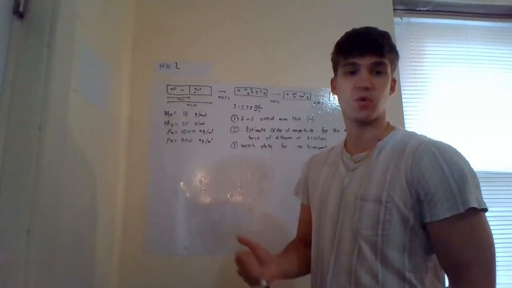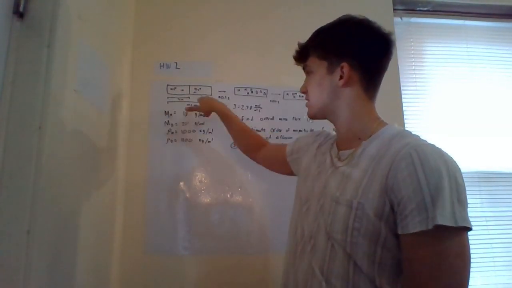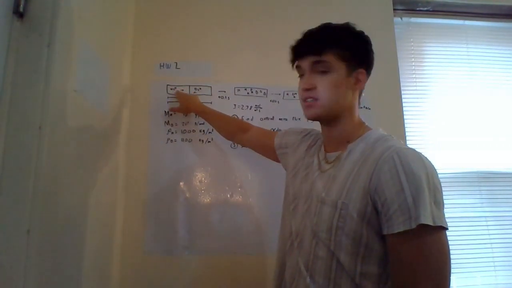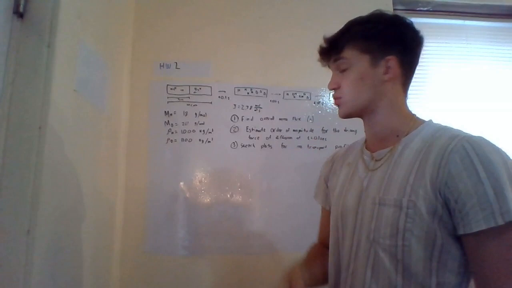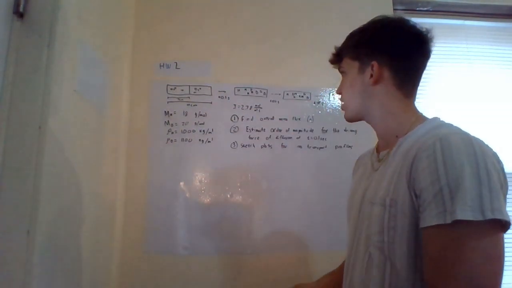Today we have transport 2, homework number 2. In this problem today, we have a 10 centimeter long container split up 50-50, with one side containing pure water, H2O, and the other side containing heavy water, D2O. What's going to happen today is that we're going to pull that barrier, remove that barrier, and then